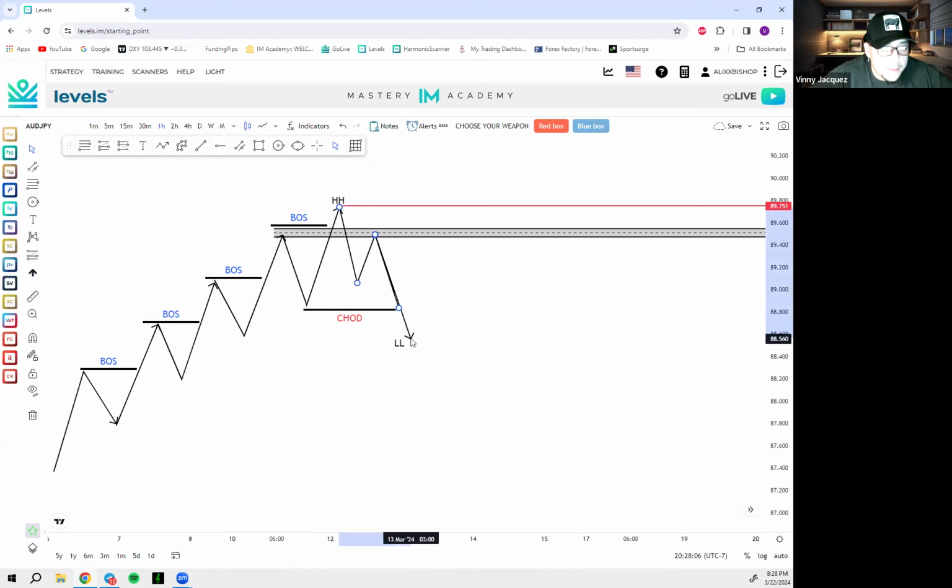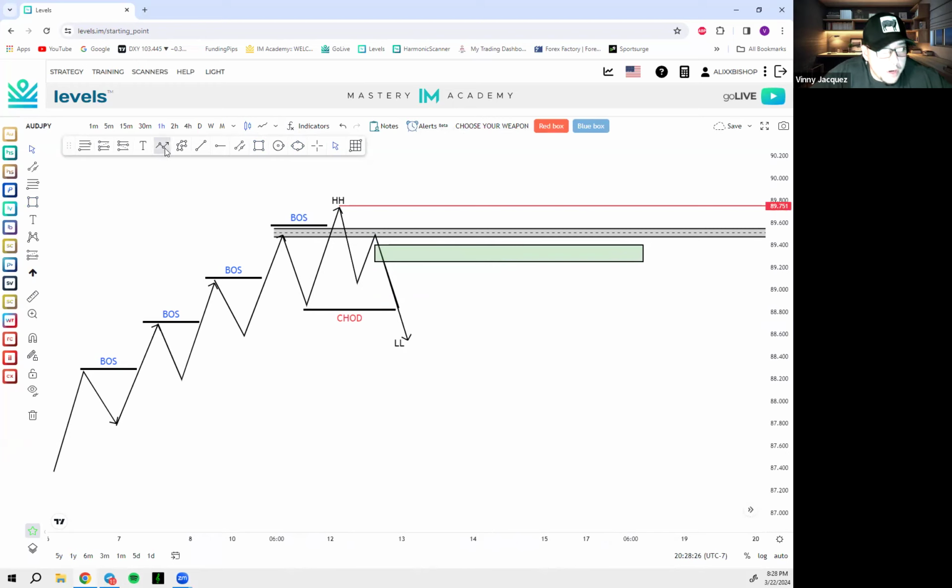Now, guys, this is my lower low, of course. Now, if we just change character, there should be some type of breakout rally here. Yes or no, guys? We should have some type of breakout rally to the downside, which means there should be some type of starting point here as well.